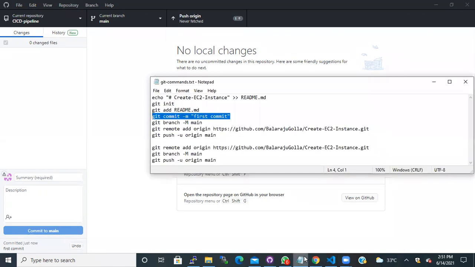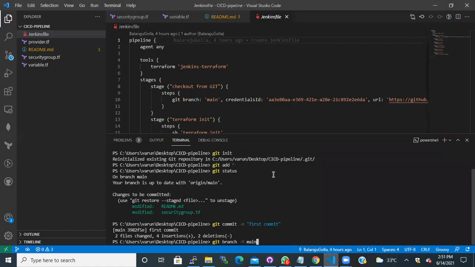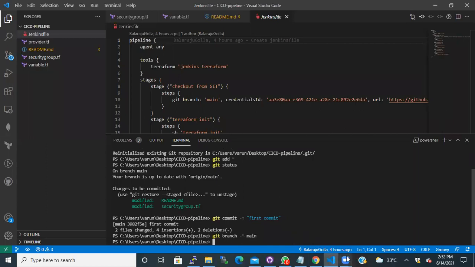So I will just choose the main branch if I'm doing it through the command prompt, because this is where my files are and where I wanted to push. So I am in the main branch now.